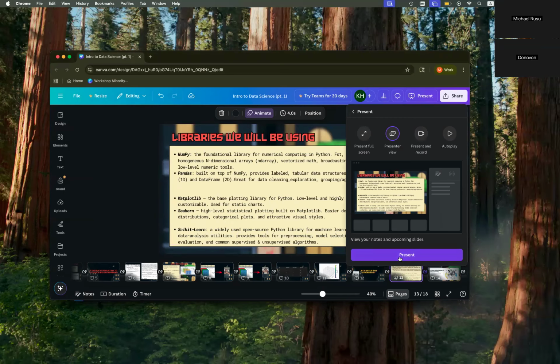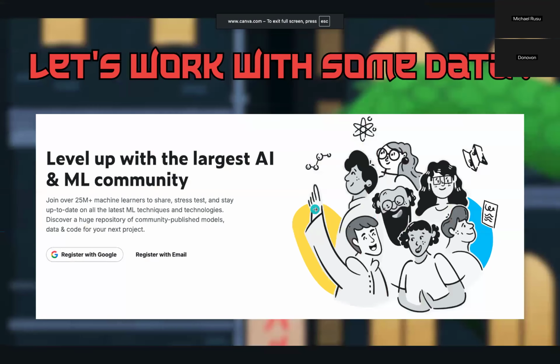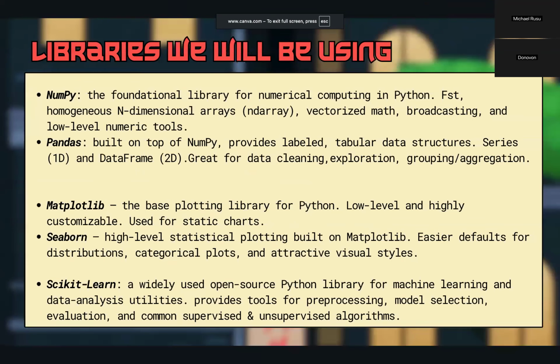But here's what we'll be working with today. We'll be working with NumPy, which is the main way that we work with tensors. You can do a bunch of tensor operations and a bunch of linear algebra operations. It works with pretty much any n-dimensional array, and it has a bunch of low-level numeric tooling, linear algebra, multiplication, a bunch of cool stuff like that. Any data science job or machine learning job will require you to have a good skill set in these.